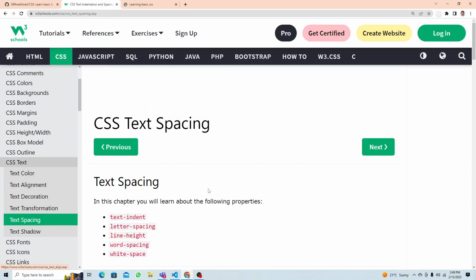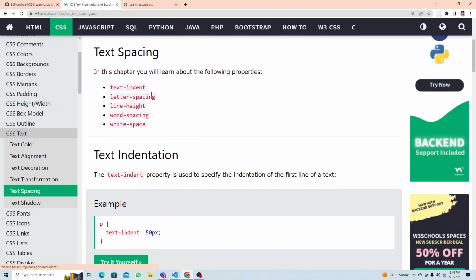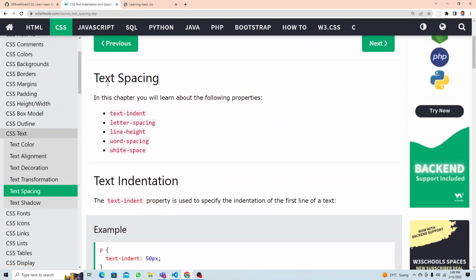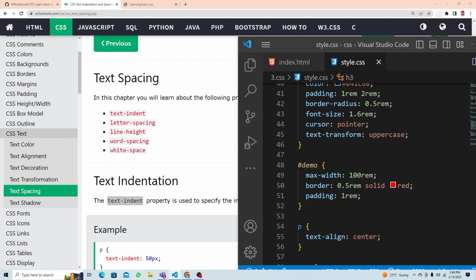So let's say text spacing. Basically, in text spacing, there is letter spacing and text indent. So what is text indenting? Remember when you are writing something like an essay, your first line, you give some gap, correct? I mean on the left side. That is called indent. Text indent. Okay, so we're going to check this now in our